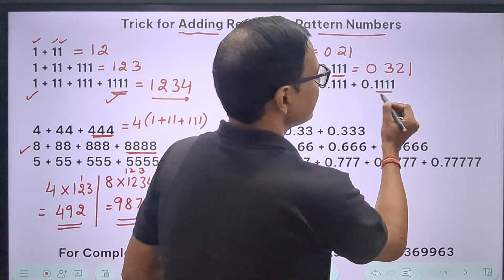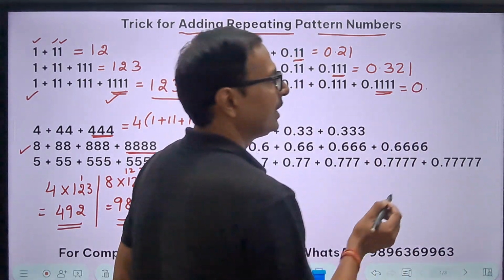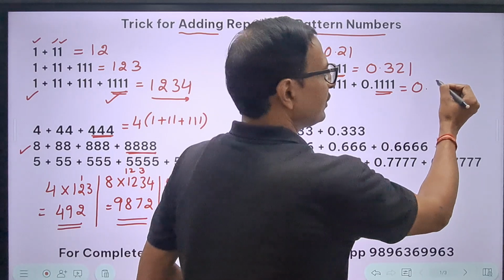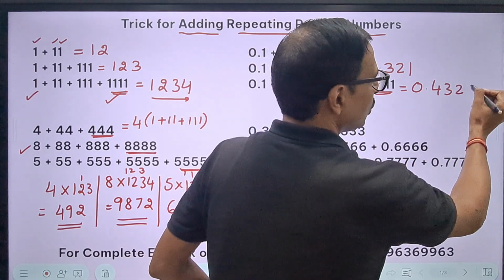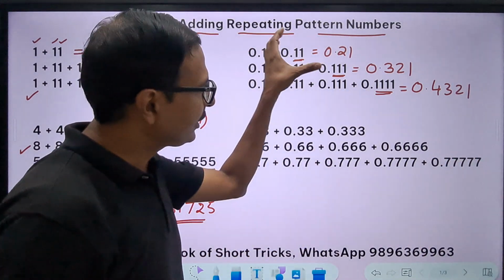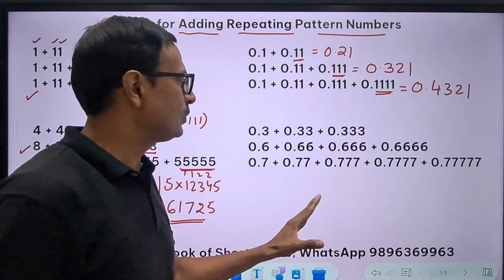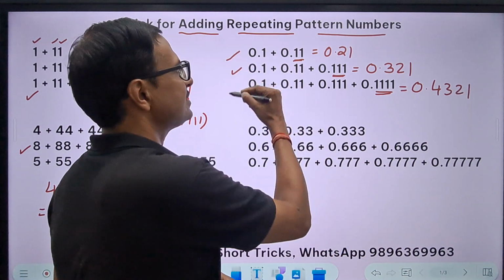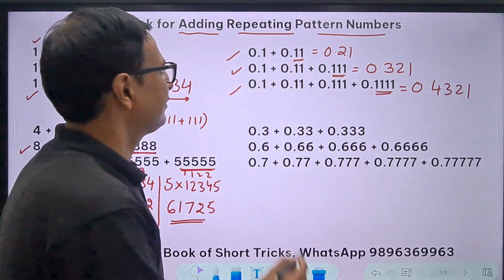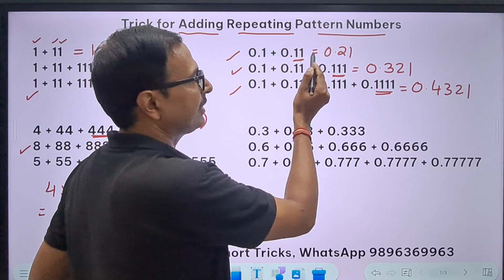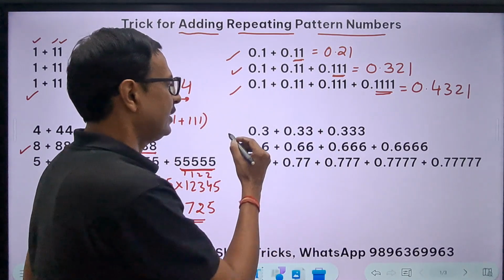Likewise, 4 ones means 0 point, and since we have 4 ones, start with 4, 3, 2, 1. So now we can apply this concept to multiples of these sequences. So if you have 0.1, 0.11, it is 0.21, right? Now